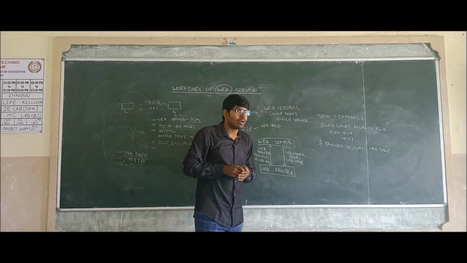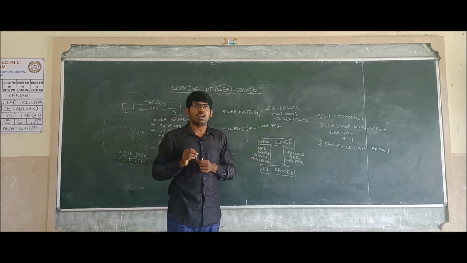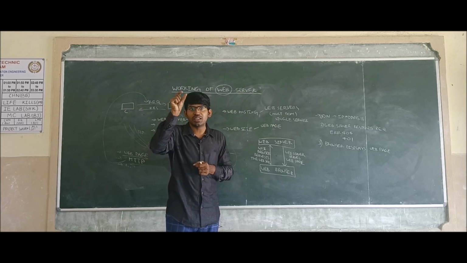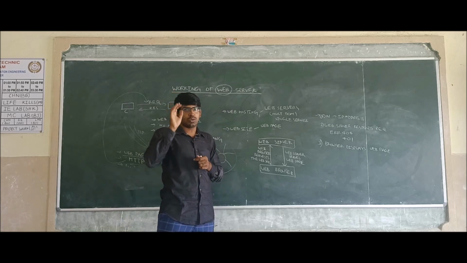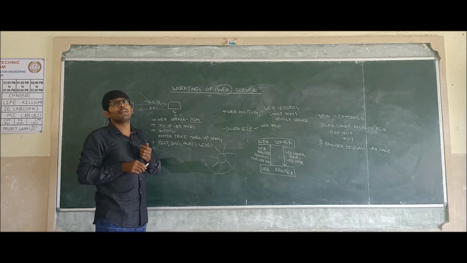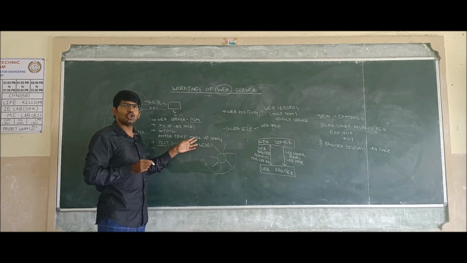In the browser, we do not see the HTML language, we see the original text. But our Chrome browser gives us the option to see the information in the HTML language also, if you need. Now, what can we see in these web pages? We can see text, image, audio,